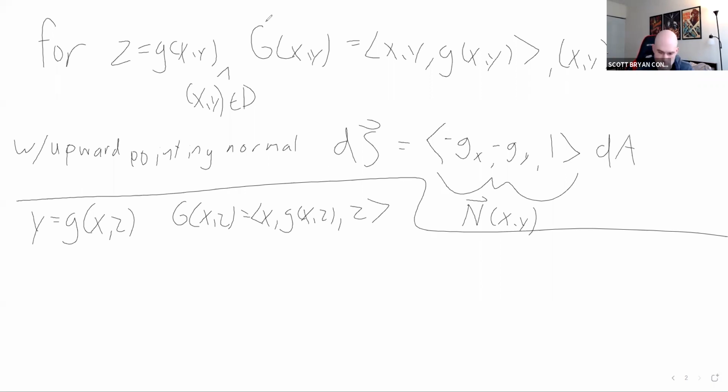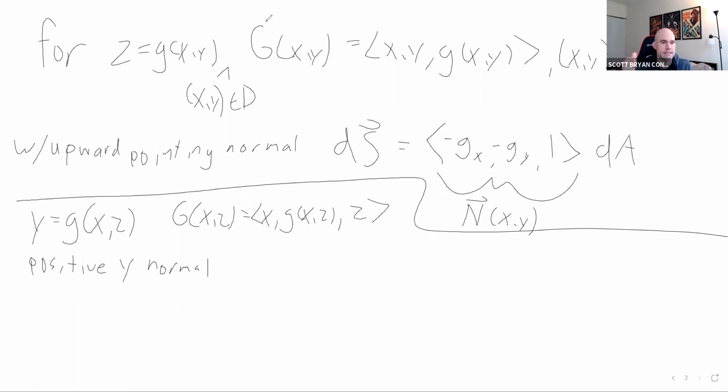X, z lives in the region D. And then if we want positive y pointing normal, in this case we want negative, so we'll flip it. But if we want the positive y normal,